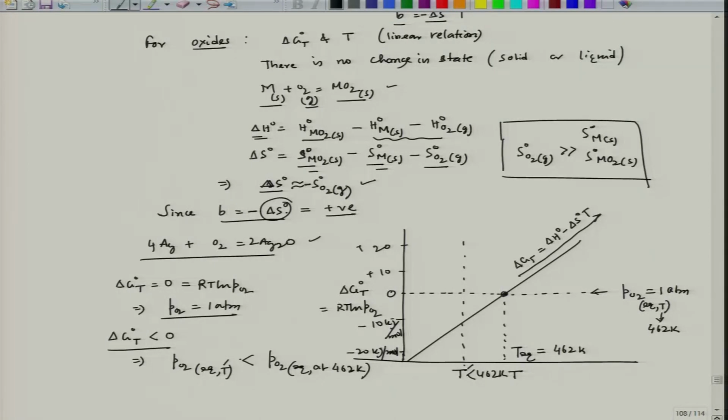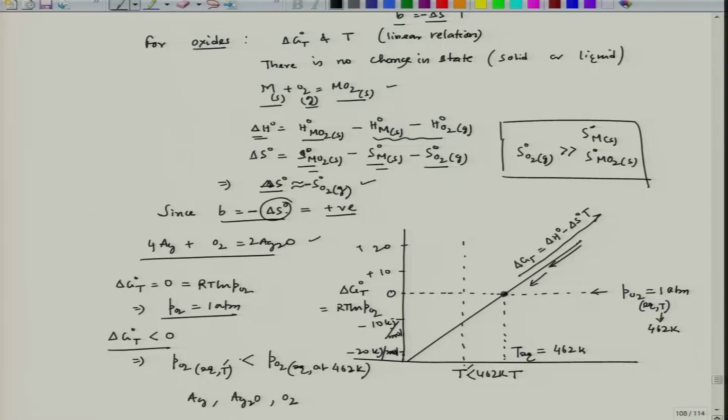Now, the interesting part is that any point on this particular line indicates the equilibrium standard free energy change at that temperature. So, that also indicates the equilibrium partial pressure of oxygen. Now, if I take Ag,